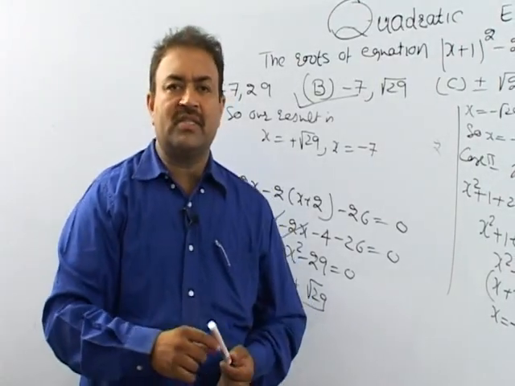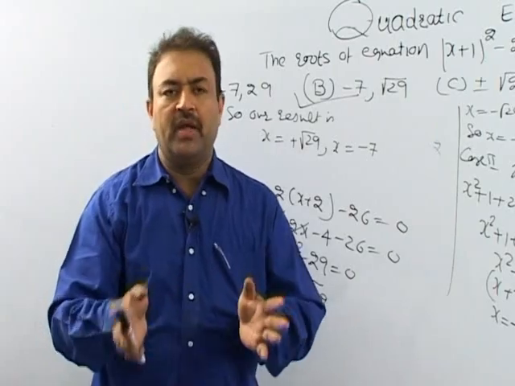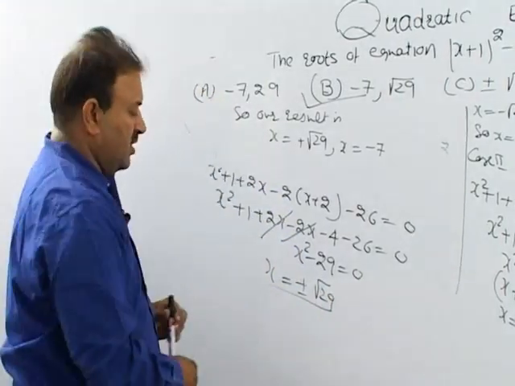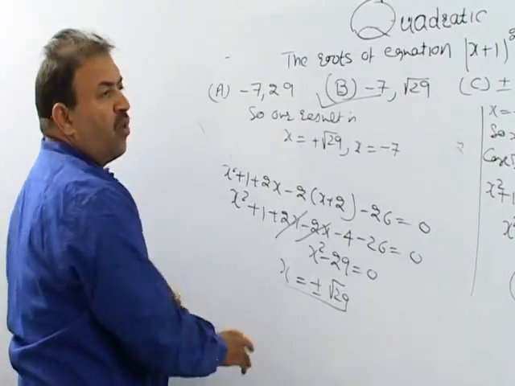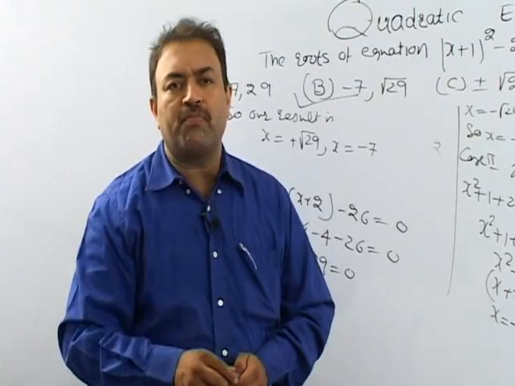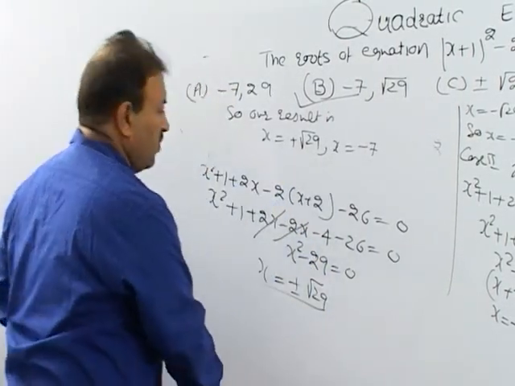So this is how to solve the question based on the absolute function. Now we are coming to the next point, general quadratic equations, direct results. When we have an equation and we have to find out the number of positive roots, number of negative roots, etc., we just see the things.